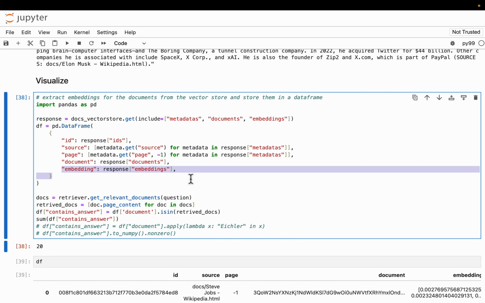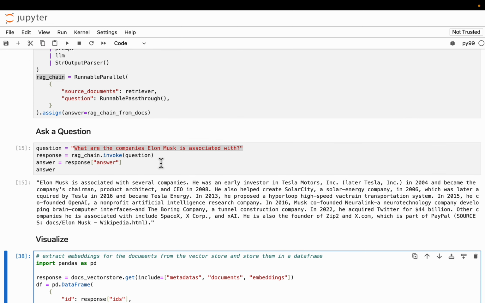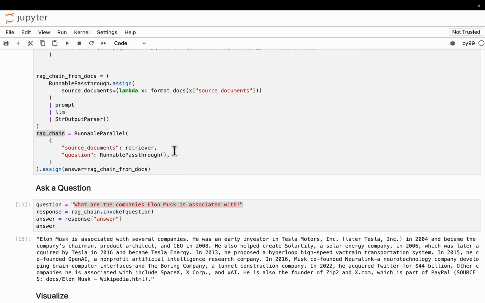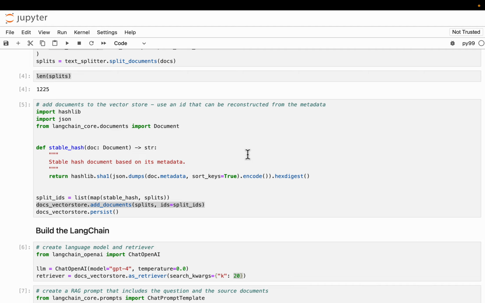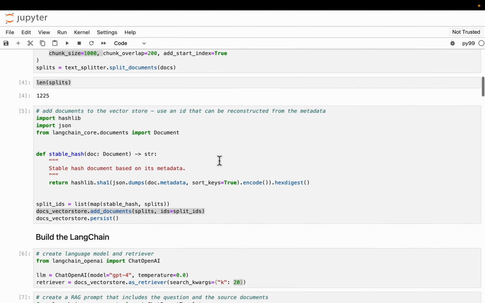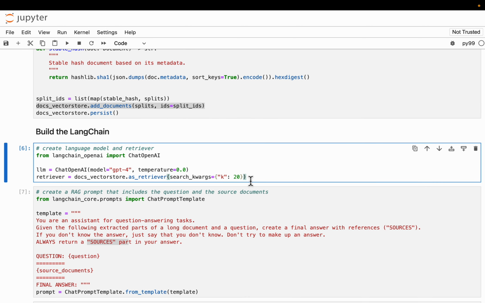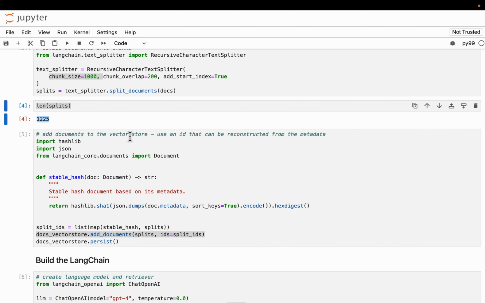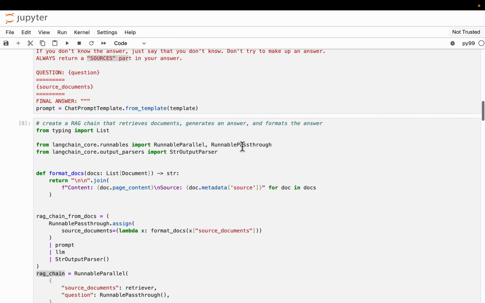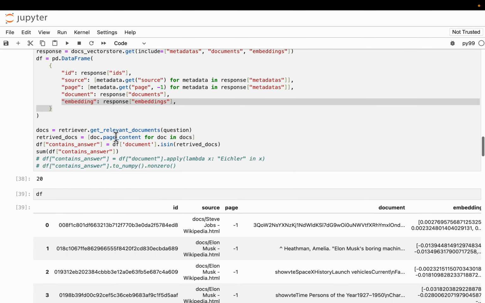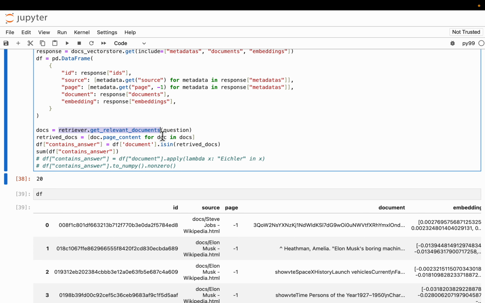Okay. Now, when we ran our RAG system, as you know, we first run our retriever, which extracts 20 relevant documents from the 1200 plus documents, right? So first we are extracting 20 relevant documents to our question from the 1200 documents we have. Now for this question, let's figure out what those 20 documents are. Okay. So what we are doing here is we are running the retriever separately for the same question. So we get those 20 documents, and